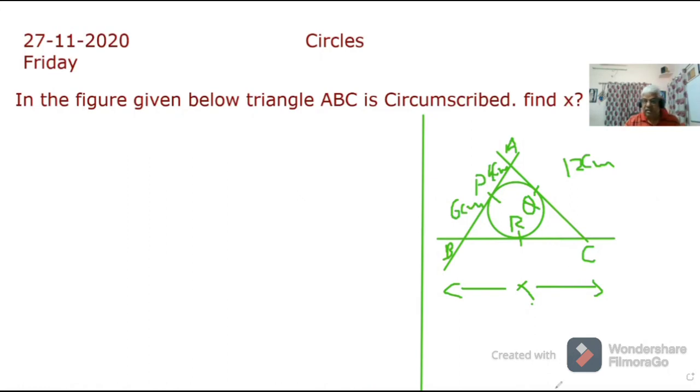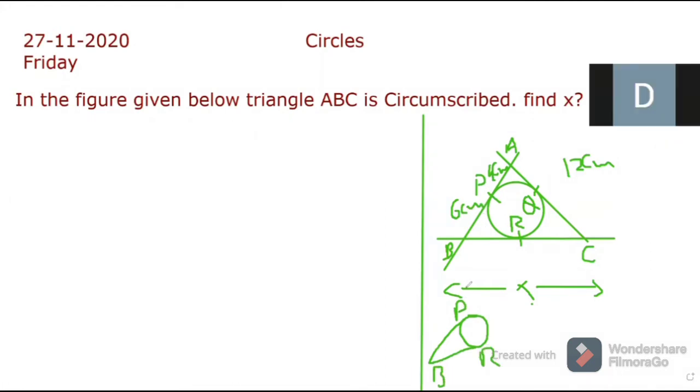Now, my dear students, please closely observe the diagram. First, I consider a circle and make it into parts. Here I will consider these two tangents, P and B, and here R is there. They have given PB as 6. Therefore, BR is also equal to 6, because tangents drawn from an external point of a circle are equal.